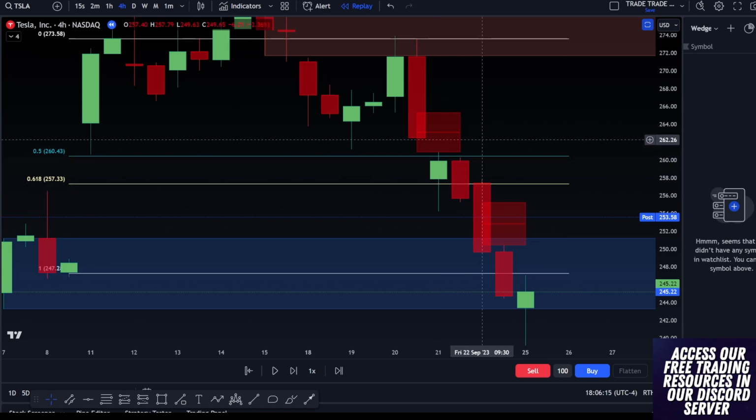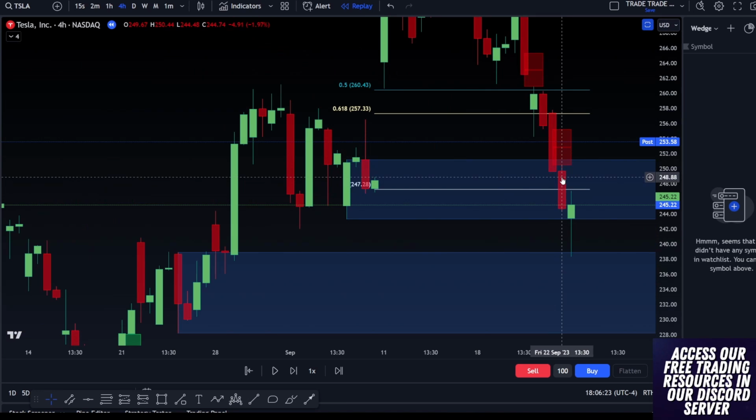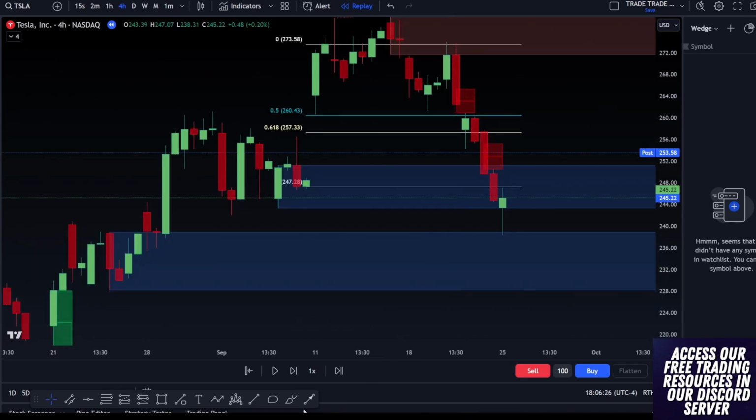That's not a good sign, right? It's not a good sign because it shows that the bulls were able to come in, but they just were not strong enough. So then we get these drops through here. Now what is this? Can anyone tell me what these are? Those red blocks. Don't know. Okay, so those are fair value gaps bearish. So remember how this gap filled? We're watching this fair value gap. Now we have two of them to the upside.